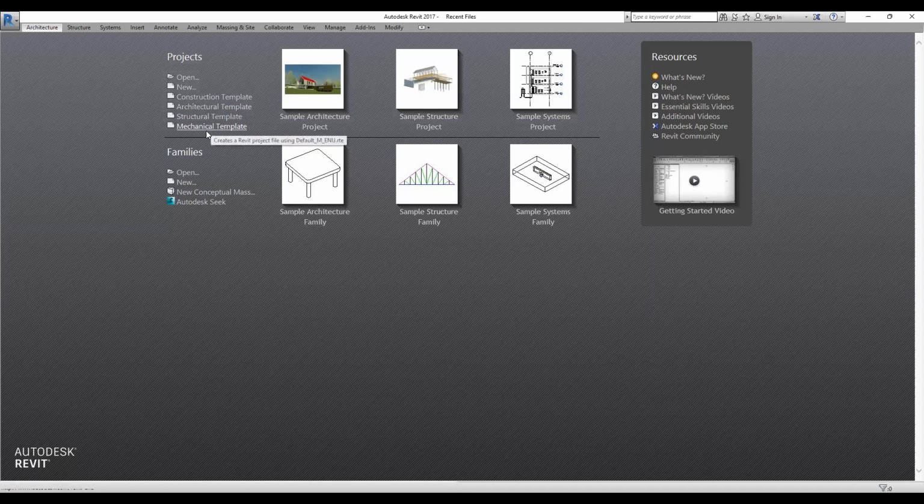The mechanical structural template will be used by the structural engineers, and mechanical will be used by the mechanical engineers. So here we have family. In this we have open new conceptual mass, Autodesk. So what is family and what are projects? The difference between projects and families is that a project is basically the complete